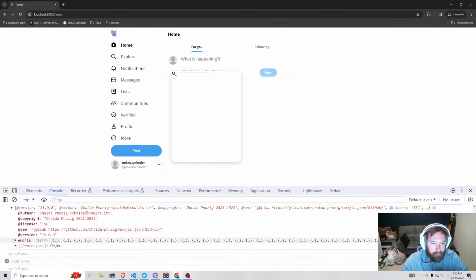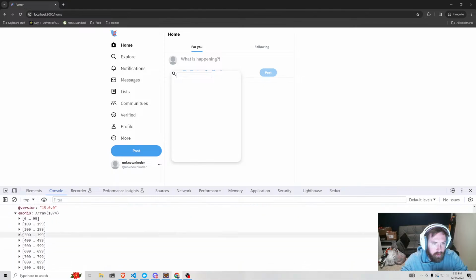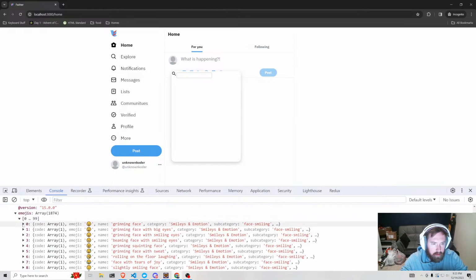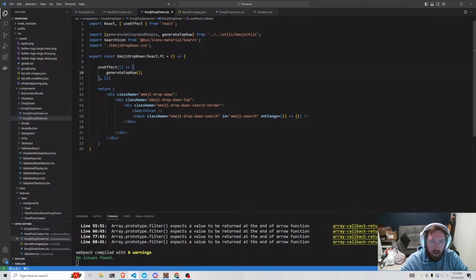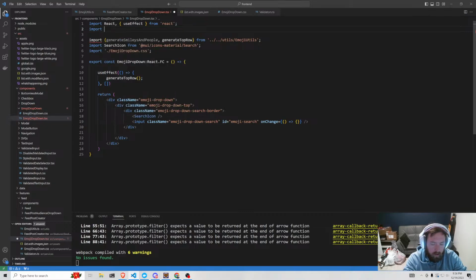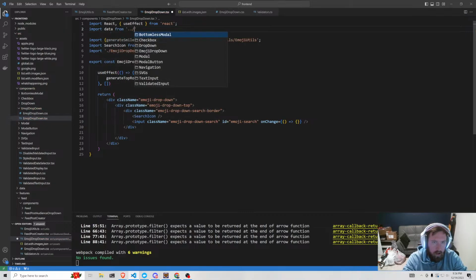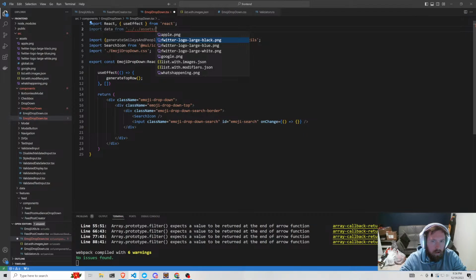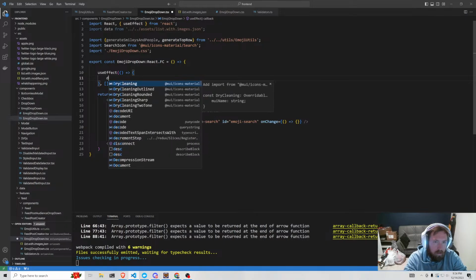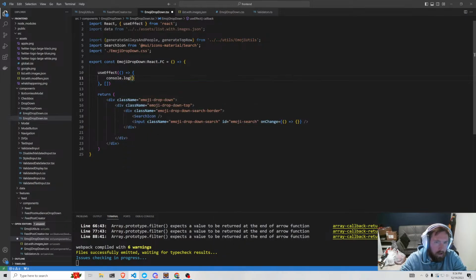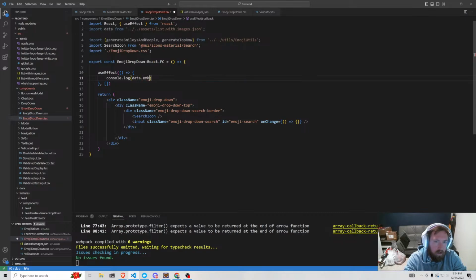We get it right here. Everything's here. Emojis. Does it have the image? Images, yeah. So why can it not figure out, like if we import it in here, imports data from /assets/ and then list with images. If we console.log data.emojis,